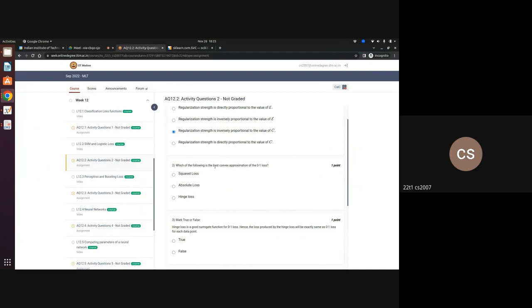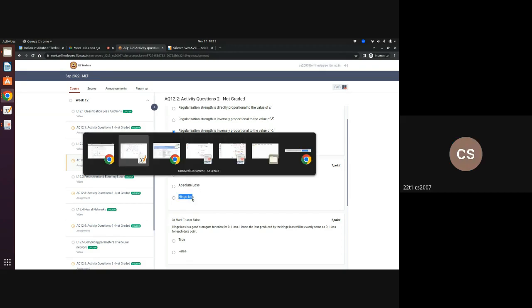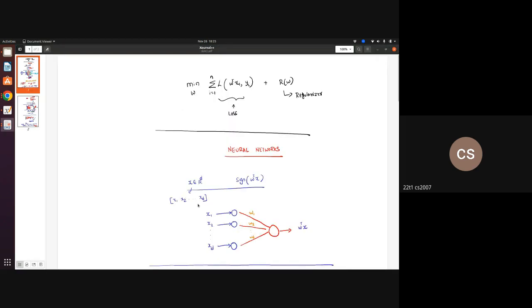Which of the following is the best convex approximation of the 0-1 loss? Just now we discussed that squared loss is not a correct approximation of 0-1 loss, because it gives a huge value even when there is no mistake. Absolute loss, as we know, is not differentiable, so this may not be a good choice. Then hinge loss, we have seen it actually approximates